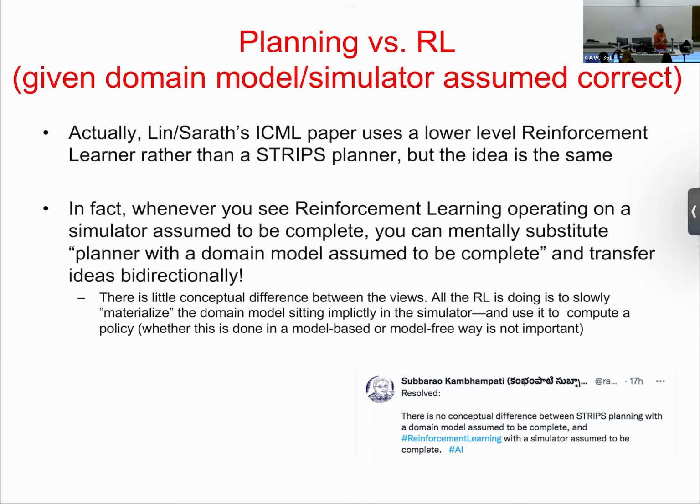Reinforcement learning with a known simulator is deductive reasoning. Real reinforcement learning, as I said in the very first class, you die because you actually work in the world. In simulators, you never die. Just brush off your clothes and move on. So reinforcement learning is actually a kind of lazy way of extracting the domain model inherent in the simulator